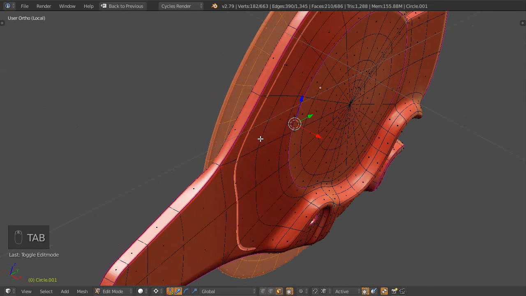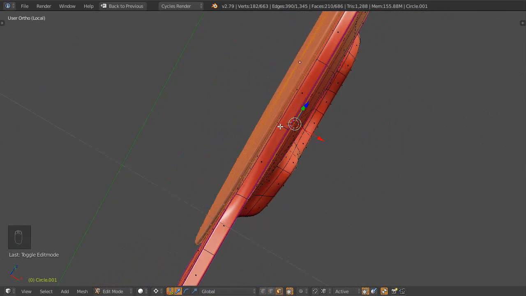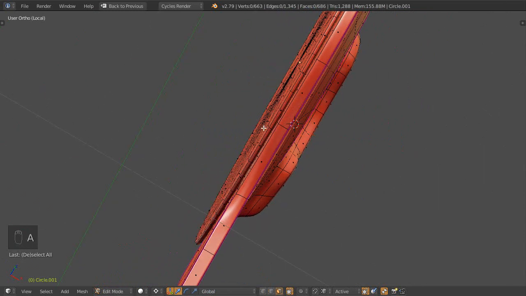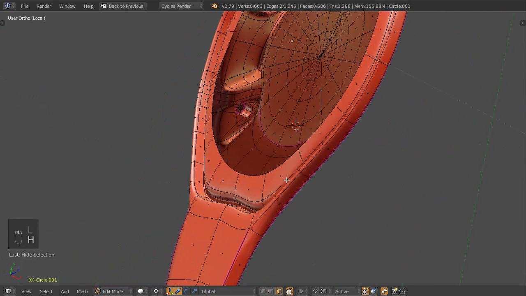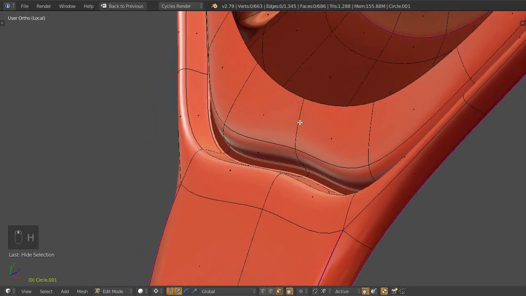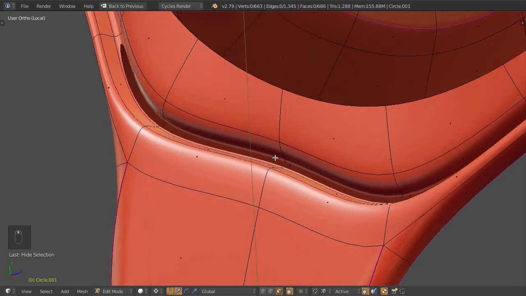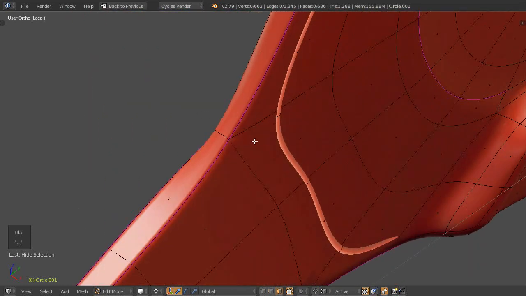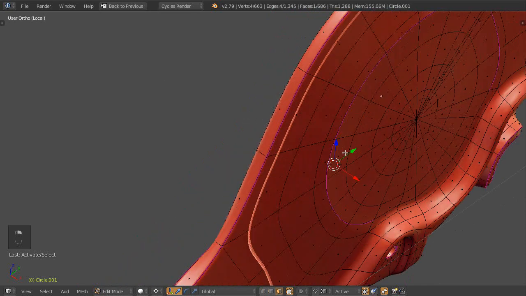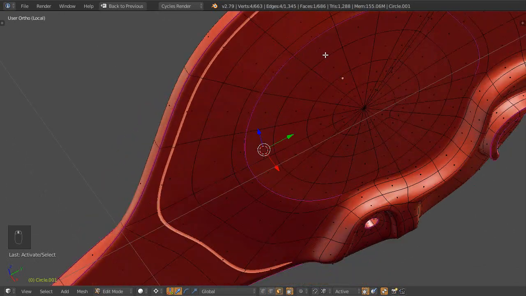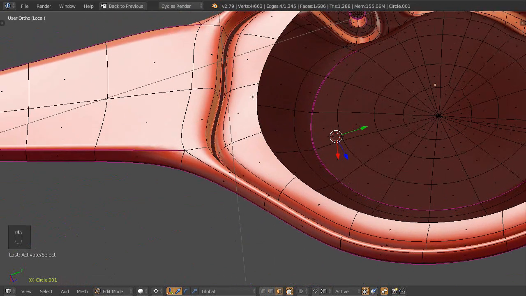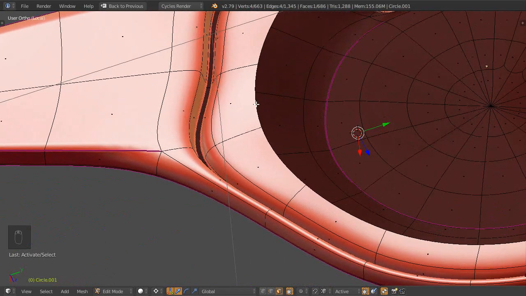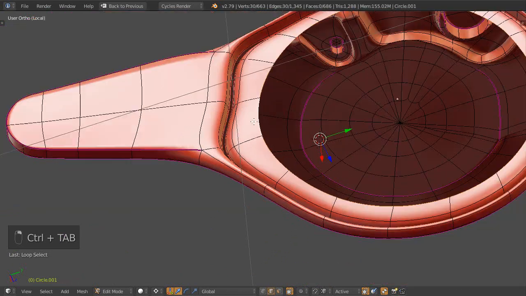So what it is, this went way too far, so I'm going to hide that, and these. I'm going to choose these faces right here, all the way around, really. Probably the easiest way to do it is to select that edge